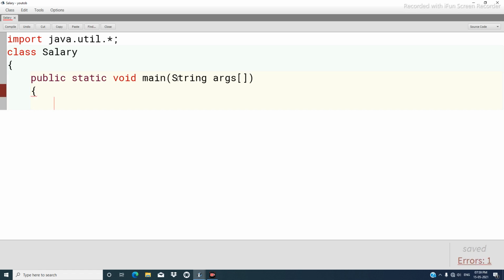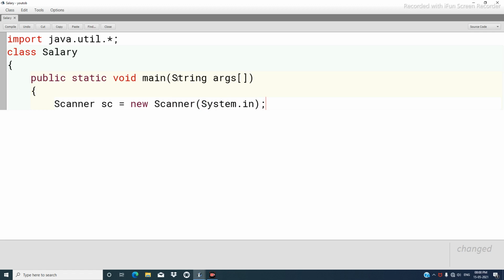Then the first definition in this is the Scanner class object we create. So Scanner, say the object name is sc is equal to new Scanner, and put a semicolon after this.